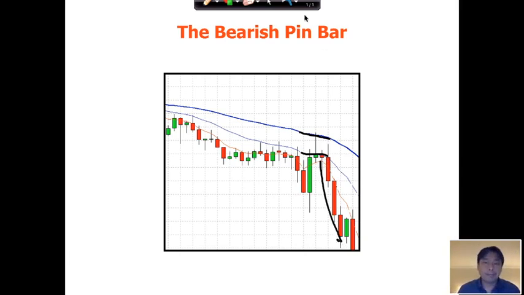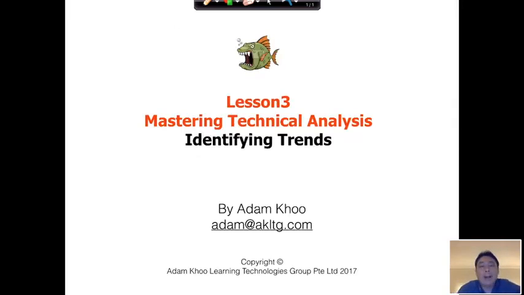All right. So again, for the purpose of making money with my strategies, that's all you need to know. Understand the bullish pin bar and the bearish pin bar. All right, so now let's talk about identifying trends. No doubt, one of the most important things to do is to identify the current trend of the currency pair the moment you look at the chart. If you can identify the trend, I can tell you that half the battle is won.